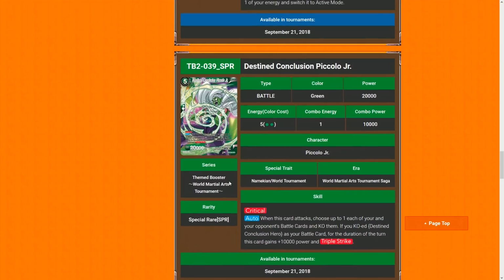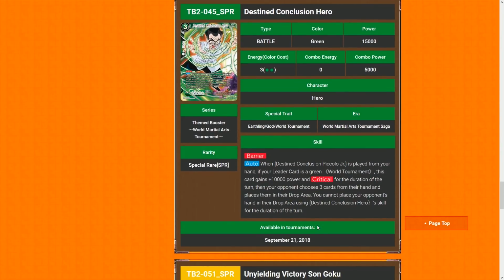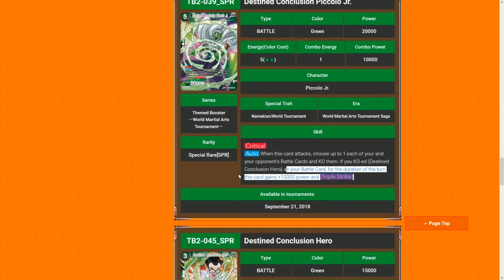He has barrier. And this guy, it's a 5 drop. He's a critical. When this card attacks, choose up to 1 of your opponent's battle cards, KO them. If you KO Destined, for the duration of the turn this card gains 10k and triple strike. So he is a 30k triple strike critical, so you don't have to use it to end the game. And also at the same time, this is a 25k critical. So you swing with a 25k critical, and then your opponent has to drop 3, and then you have a 30k critical